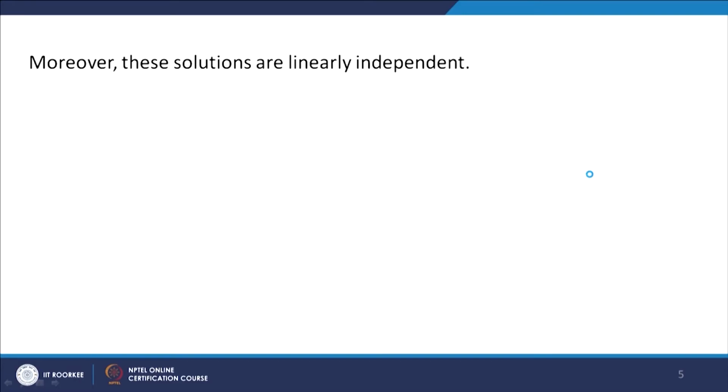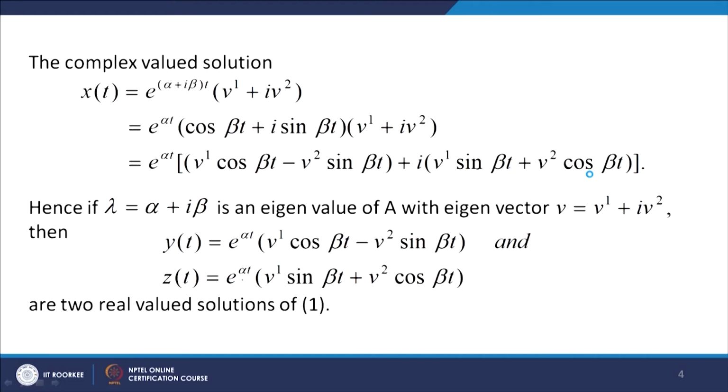Now, further we notice that these two solutions are linearly independent. We can see that, let us put C1 y(t) + C2 z(t) = 0. Then we get C1 times e^(αt)(b1 cos βt − b2 sin βt) plus C2 times e^(αt)(b1 sin βt + b2 cos βt) equal to 0. e^(αt) is never 0, so we can divide this equation by e^(αt), and this will give you